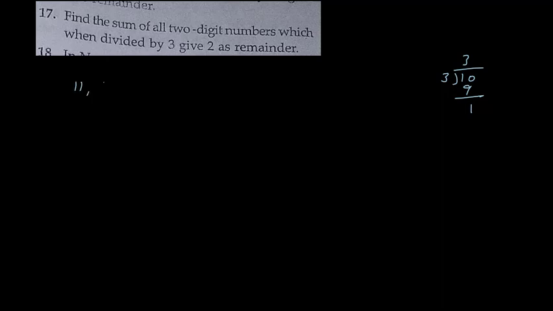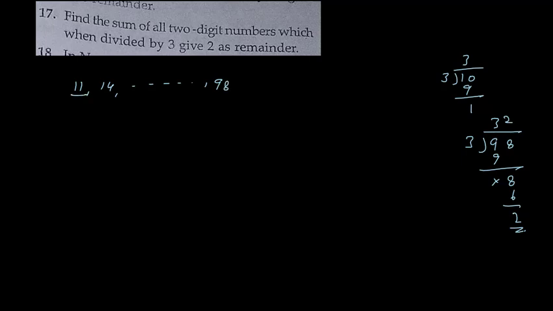Then it is 11 plus 3, 14. Plus it will continue like this. And the last number 99, we know that it is divisible by 3. Let us take 98. So 3 3s are 9, this will cancel, 8. 3 2s are 6. Here I will get 2 as a remainder. Okay. So here the last number which I get is 98.